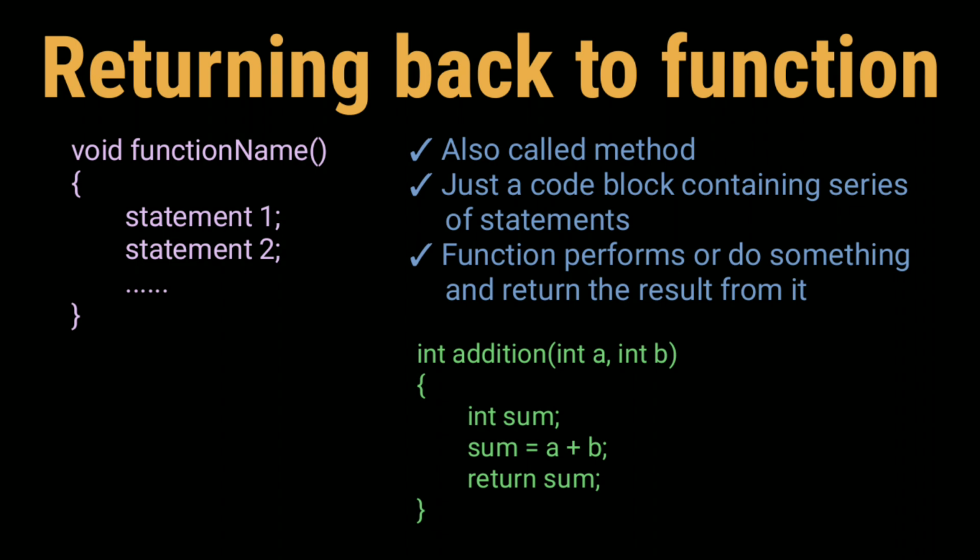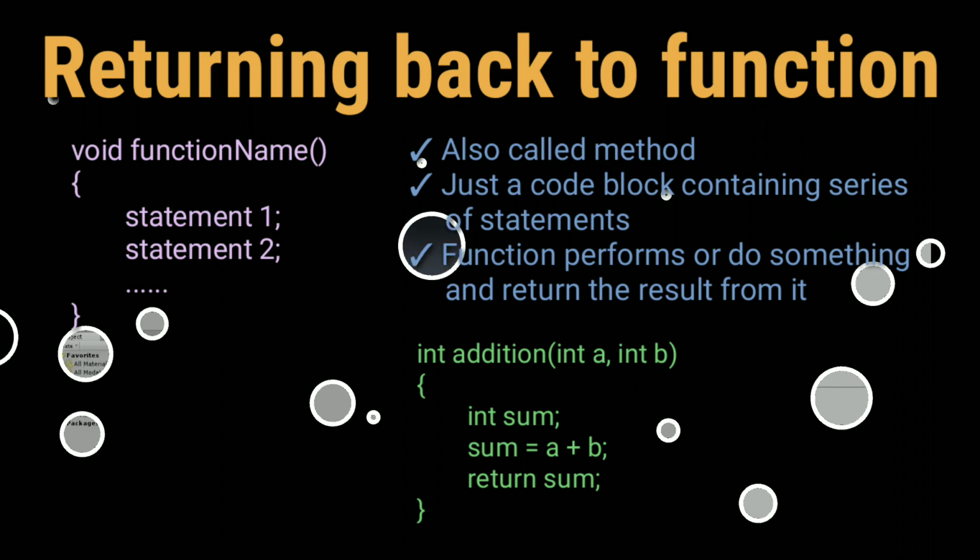In place of void we have written int here because the function addition is going to return a value of integer. Int a and b are the parameters applied to the function. We can also say that a and b are the two numbers whose sum has to be calculated by the function. Inside the function we have defined another variable sum, and then addition is performed, and at last the result of the sum is returned by the function. So the function addition takes two integer values, calculates the sum of these two numbers, and returns back the result. Okay, no more intros, jump back to Unity.